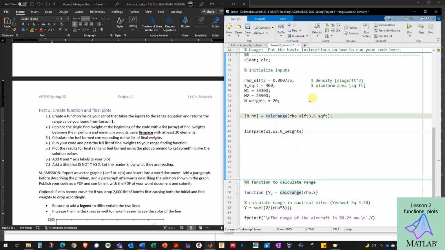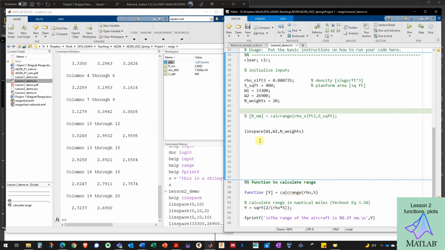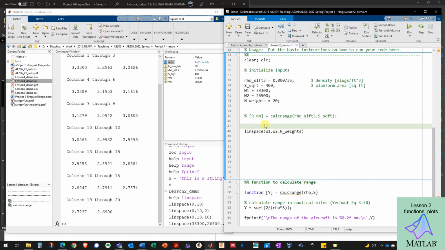If I comment out this function call real quick, I can place a % at the beginning, or I can just press Control R and it will comment out. Control T uncomments it, so that's a really easy way to comment stuff in and out of your code. So I'm going to comment that out right now because I don't want that to run, because I want to inspect the result of my linspace command. Okay, so I press Control Enter on that,